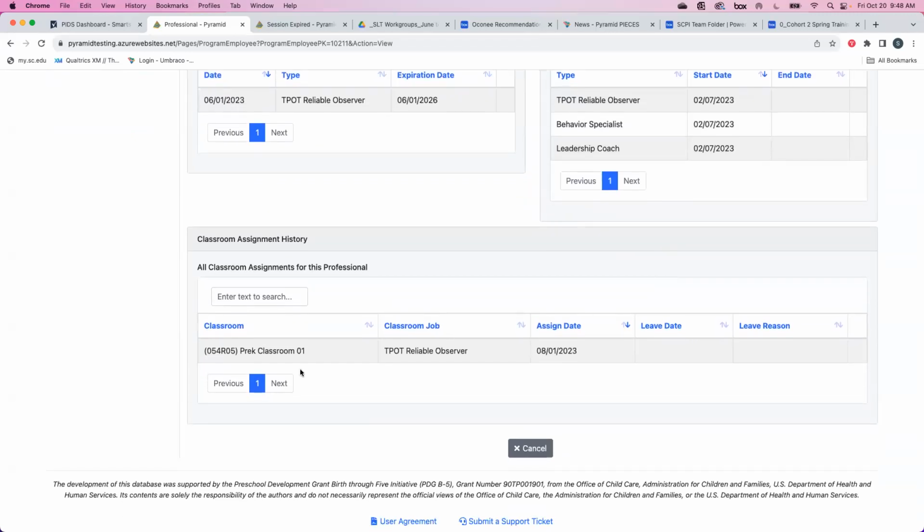And it does look like she has been assigned as a TPOT reliable observer to our AM section of this pre-K classroom. So she is set to not only observe the classroom, but we can enter her data from that observation as well. So I'm going to close out of this record and now go to